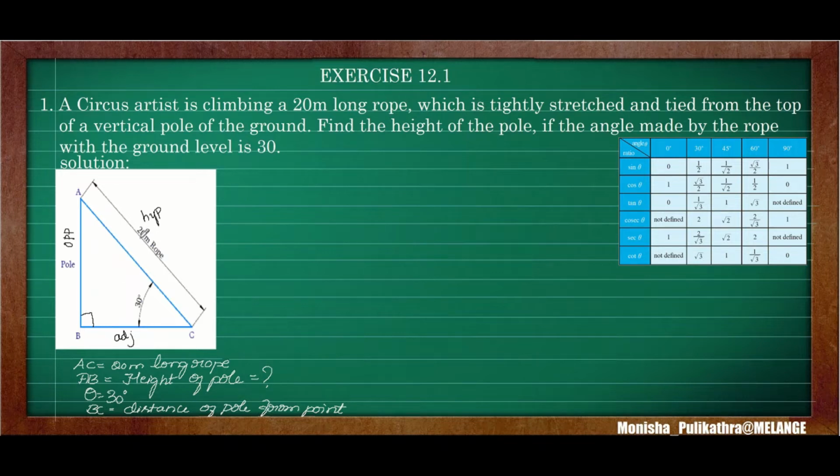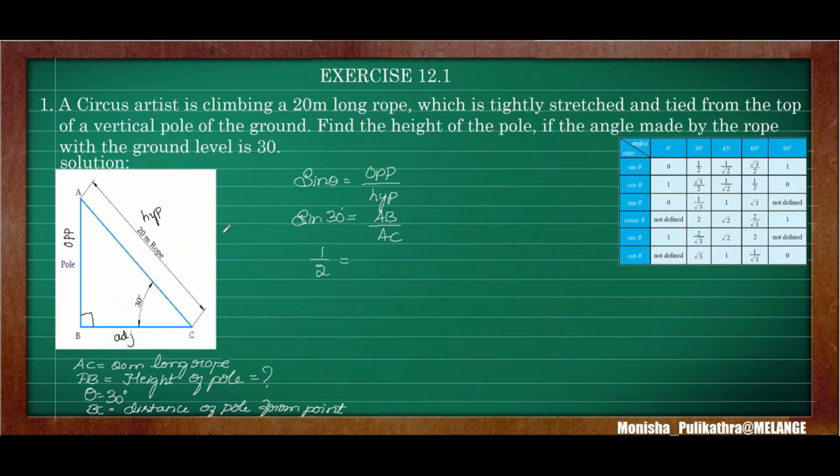The opposite of the 90 degree angle will be the hypotenuse, the opposite side of this angle will be the opposite side, and the remaining side will be the adjacent side. So here the hypotenuse has been given, the 20-meter long rope, whereas AB we have to find out, which is the opposite side, right? So opposite by hypotenuse is sine, right? So we have to use the ratio sine theta. Sine theta means opposite by hypotenuse. Here theta is 30 degrees, the opposite side is AB and the hypotenuse is AC. So sine 30, according to the chart, is half, that is 1 by 2.